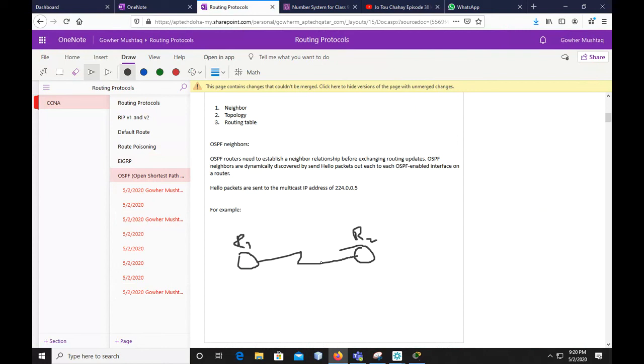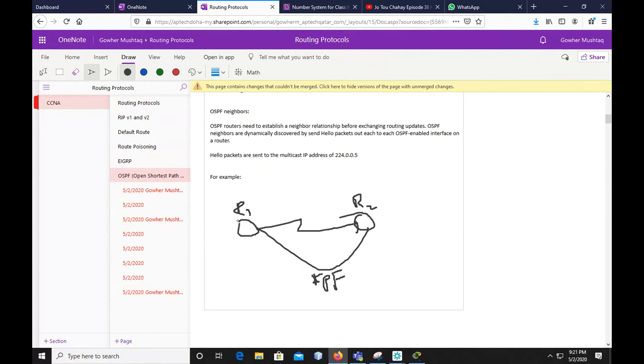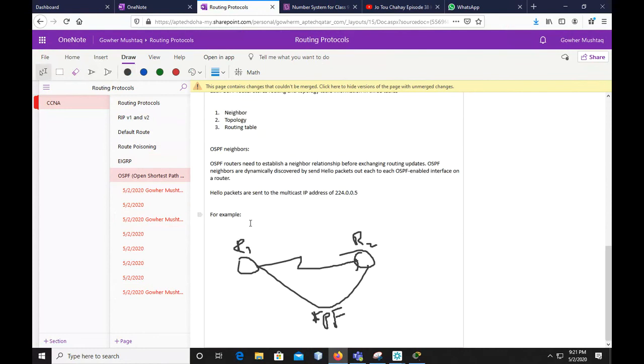After OSPF is enabled, both routers send hello packets to each other. When you configure OSPF on them, in order to establish a neighbor relationship, both the routers will send out hello packets from their interfaces. We can verify the neighbor relationship by the command show